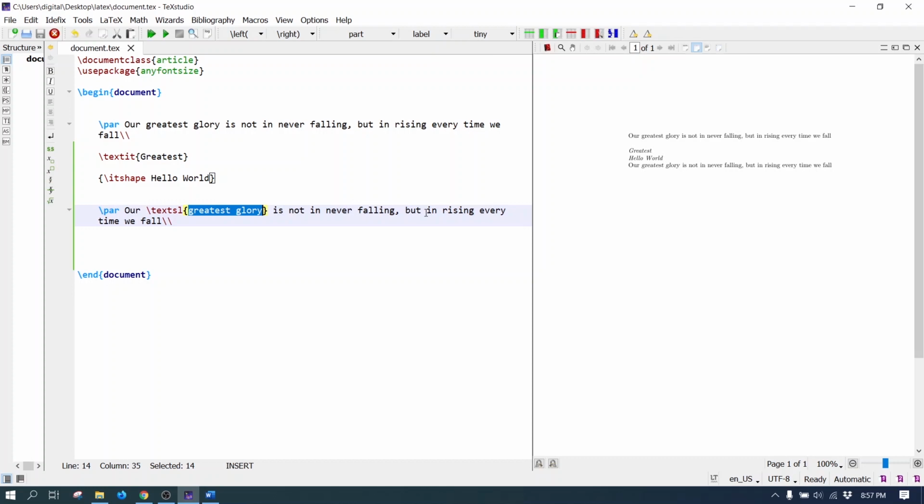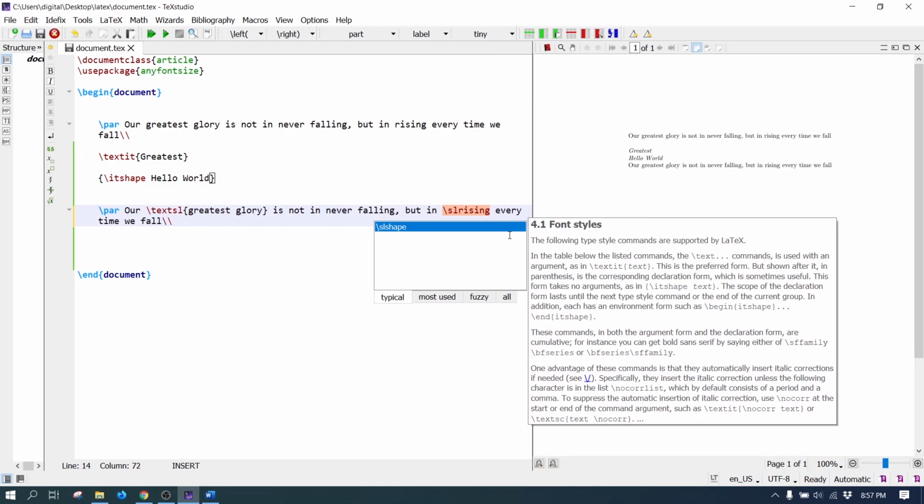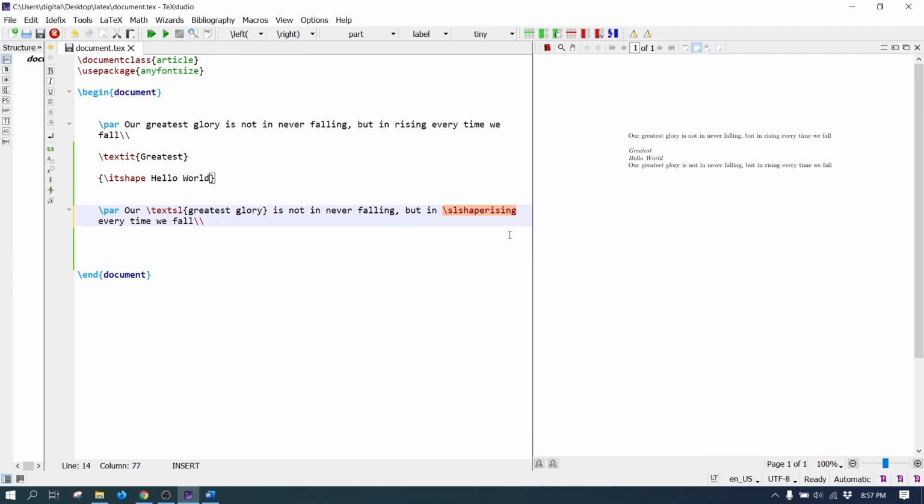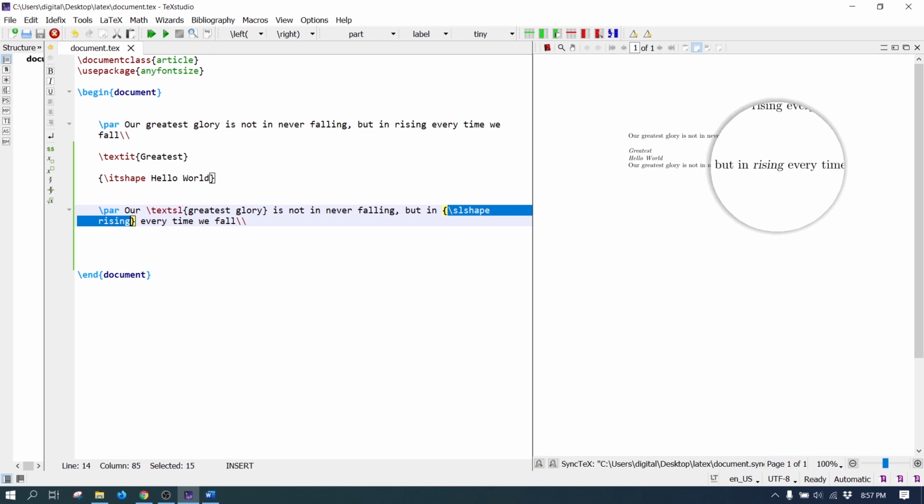The second command is slshape. It should be in curly brackets so that its effect appears inside the curly brackets. The rising now is in slanted shape.